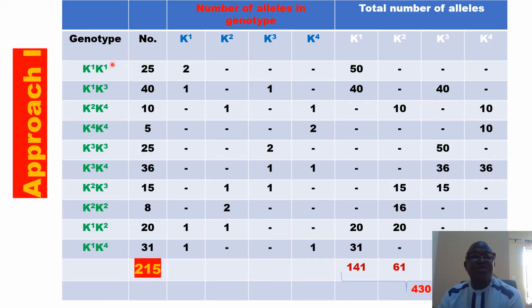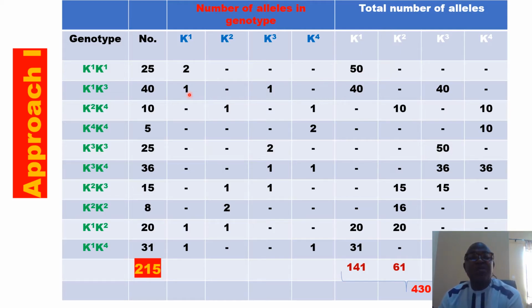So you see that we have the genotype, K1, K1 ending with K1, K4, and the number of individuals having this genotype. Here we want to get the number of alleles in each genotype, and so the genotypes are all represented. And here we want to know the total number of alleles from each of the genotypes. So you notice that in K1, K1, there are two K1 alleles represented. So the number of alleles is 2, and if we multiply this number by these 2, we get the total number of alleles at the K1, K1